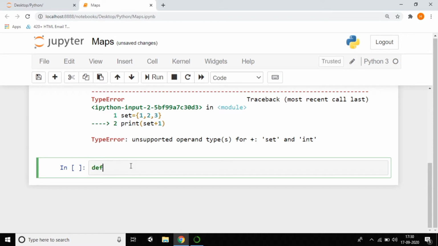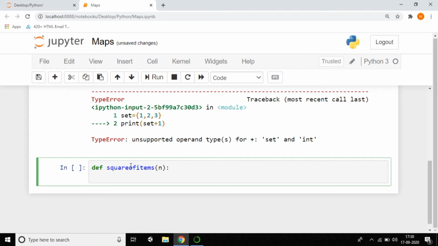I'll do that. I'm creating a user defined function called square of numbers. You can name it square of items, whatever it may be. I'm passing n, the items. Indentation is very important while working with functions. Then I'm returning.